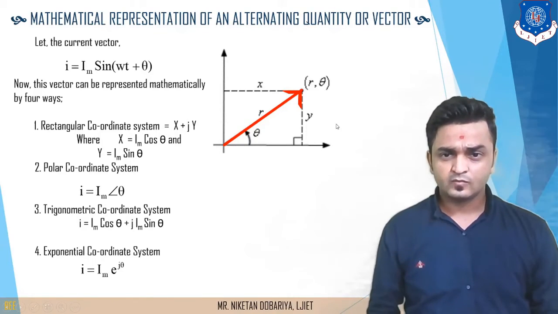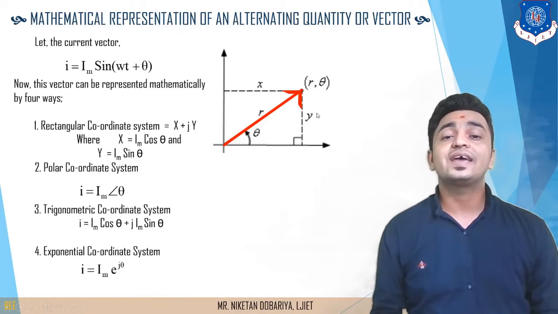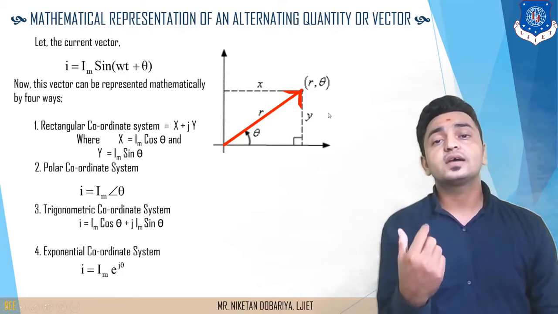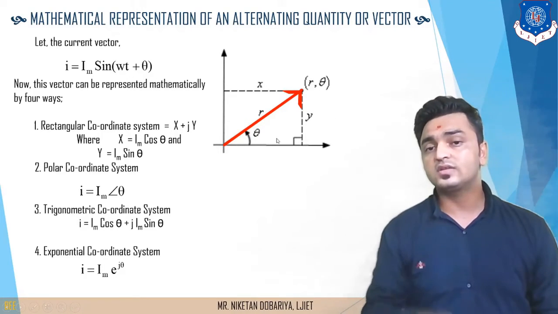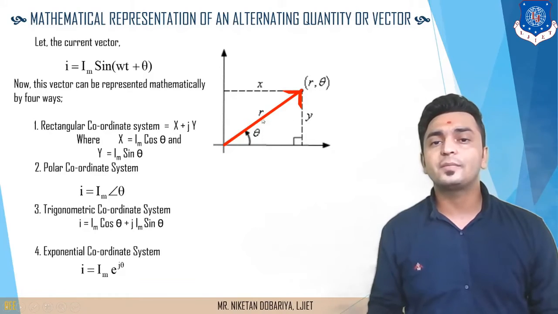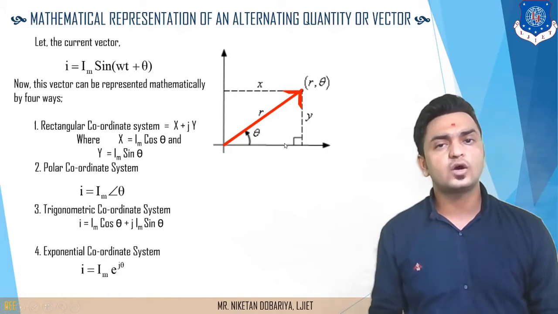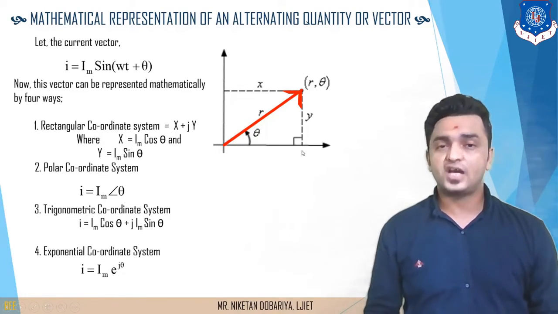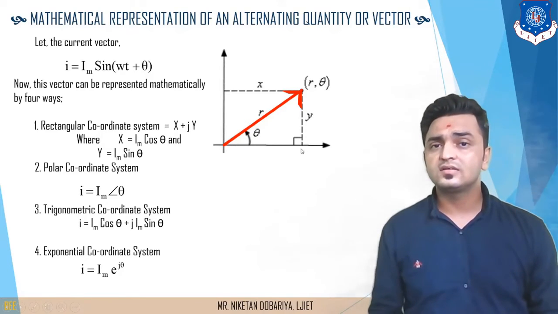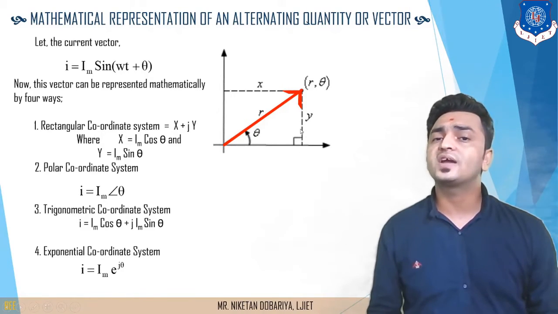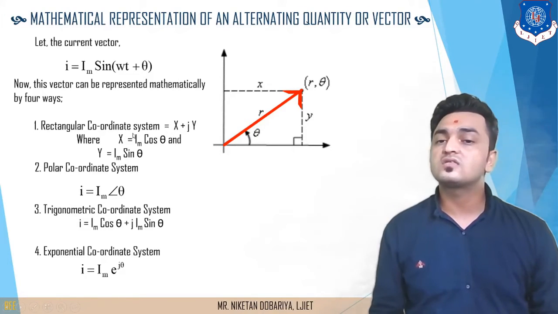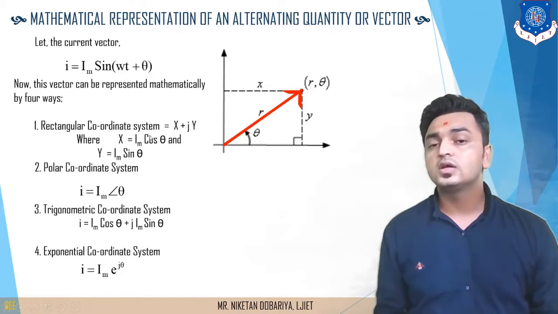And if you need to define its x and y components based on its magnitude r and phase angle theta, suppose we have magnitude r and angle theta over here. Based on this, if we consider this triangle, the x component can be defined by r cos theta. Similarly, the vertical component can be defined by r sin theta. So you can also define the x and y components by r cos theta and r sin theta. So this was the rectangular form.